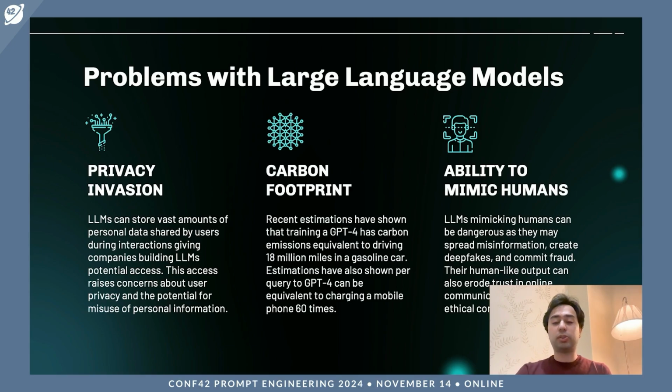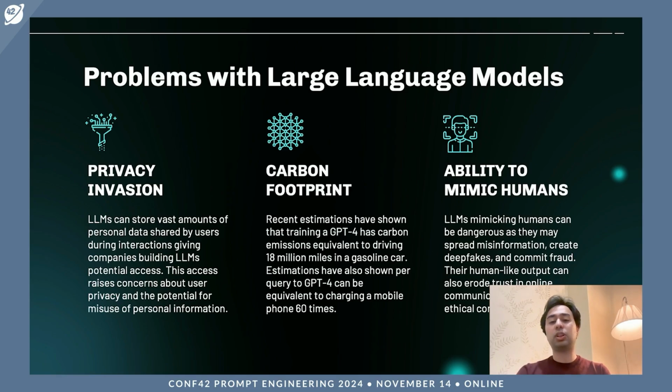Now let's talk about 3 major problems I believe there are with large language models. The first is privacy invasion. Privacy invasion occurs because the types of applications that use large language models need personal data. They're often you telling it information or providing it information through your computer screen, etc., which they process. This raises major privacy concerns because you might be sharing your data with an LLM provider like OpenAI, but also an intermediary like a startup, so you need to trust both those companies.